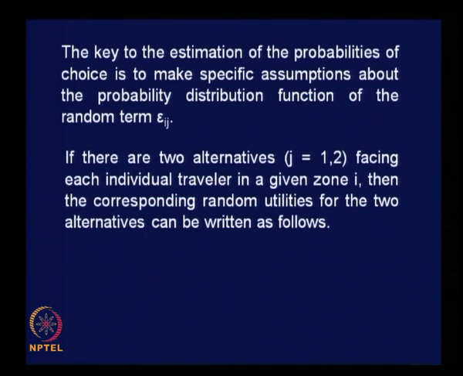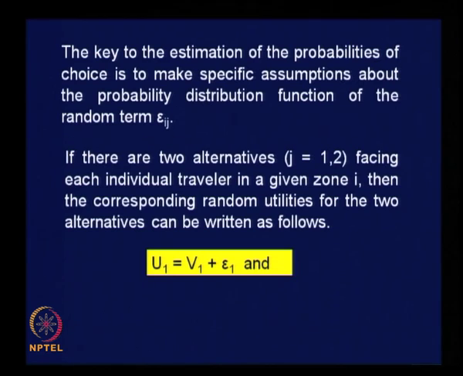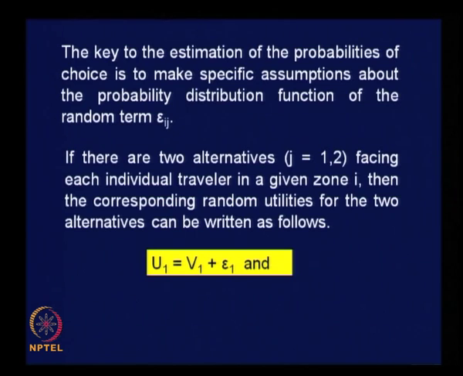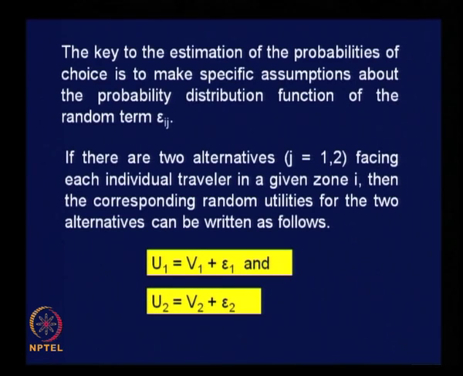Based on our earlier understanding, we can write utility of mode 1 is nothing but V1 plus epsilon 1. We are talking about travelers in a particular zone, so i is not brought in here because we talk about a specific case. So, you can write U1 to be V1 plus epsilon 1 for alternative 1, and U2 could be V2 plus epsilon 2,